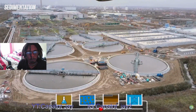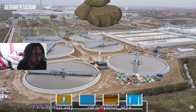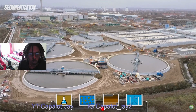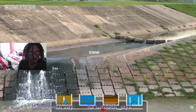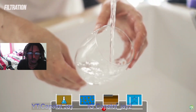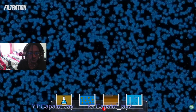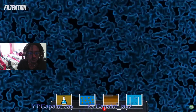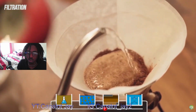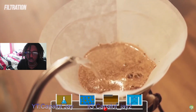After the majority of solids are removed from the water during coagulation, flocculation, and sedimentation, the water flows over weirs to the next step. Filtration. The water at this point will start looking clear, but there will still be bacteria and very small suspended solids in the mix. The filtration process will seek to remove the remainder of the suspended solids and bacteria to further bring the